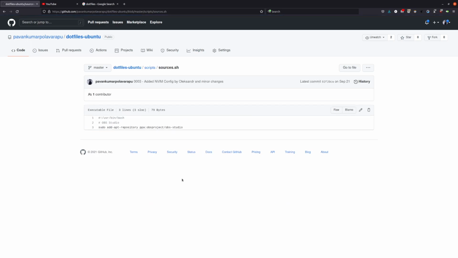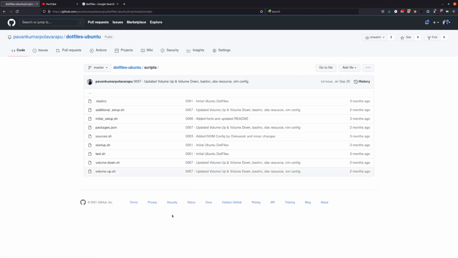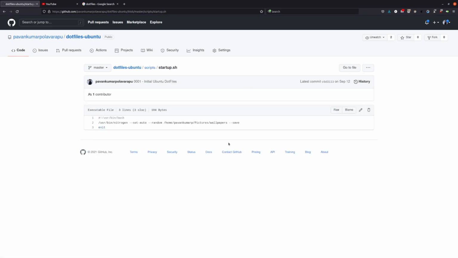If you have to add external sources, for example I need OBS installed in my system, so I added the repository in another script, sources.sh. At startup, there is an app called Nitrogen that is used typically for setting up the background in your system. This is a startup script that I have written. This I will use in case of